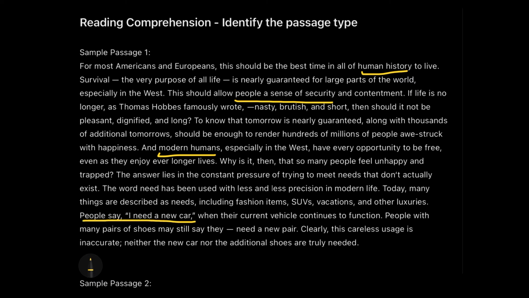So the things which I have highlighted show that this passage is somewhere or the other related to people and their history. So something related to people, history, some kind of geography, is called a social science passage. So this is a social science passage. What is the benefit of knowing that it is a social science passage? The benefit of knowing that you are actually reading an extract from a social science passage is that you